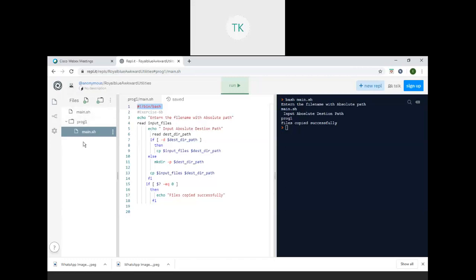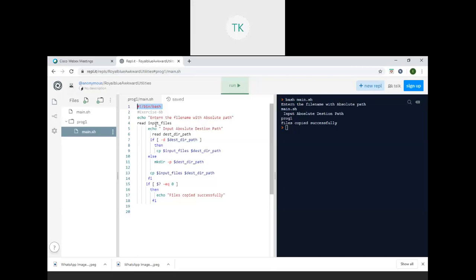This is our IDE environment, right? So only the present working directory I can see here, under home. If your computer is a Linux machine, there you can give an absolute path name: slash home slash any directory name slash your program name, anything, right? But here I give main.sh.